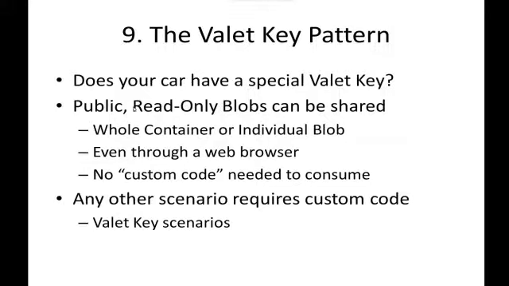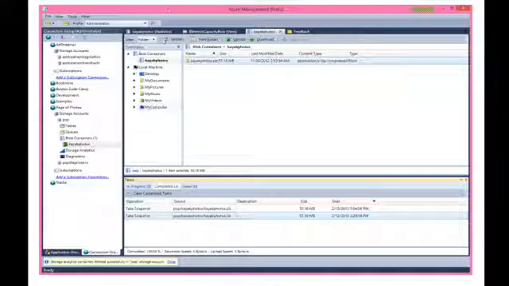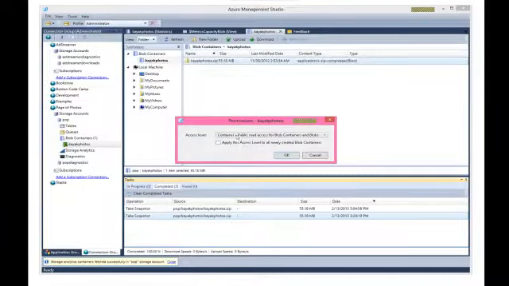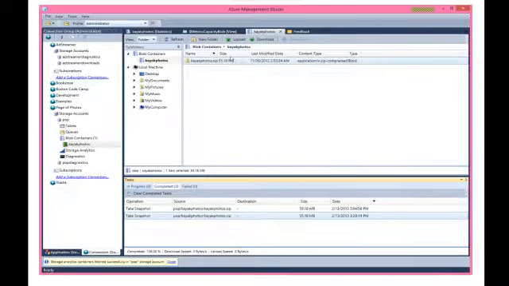So we could go back to the Cerebrata tool, and we could make a container like this. We can change its permissions. This one has public read access, so anybody can read this zip file out of this container if I give them the HTTP URL to it. We can also make the container private, or we can change the access so it's at the blob level, not the container level. And we can furthermore